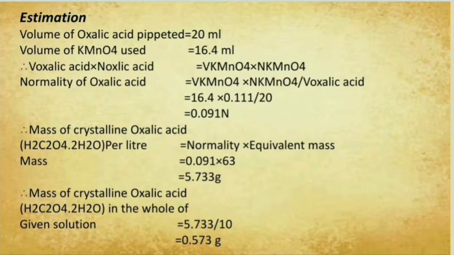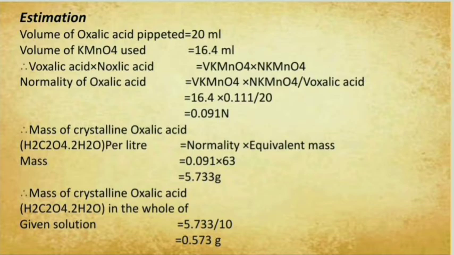From this equation, we get normality of oxalic acid as volume of potassium permanganate × normality of potassium permanganate divided by volume of oxalic acid, which is equal to 16.4 × 0.111 divided by 20 equal to 0.091